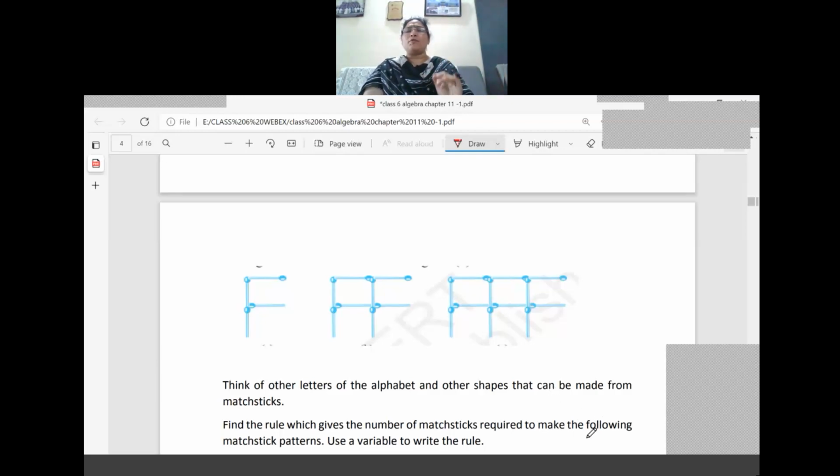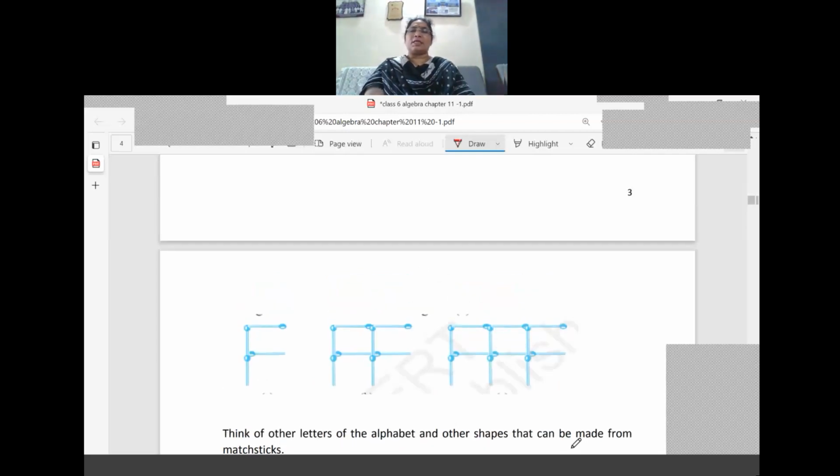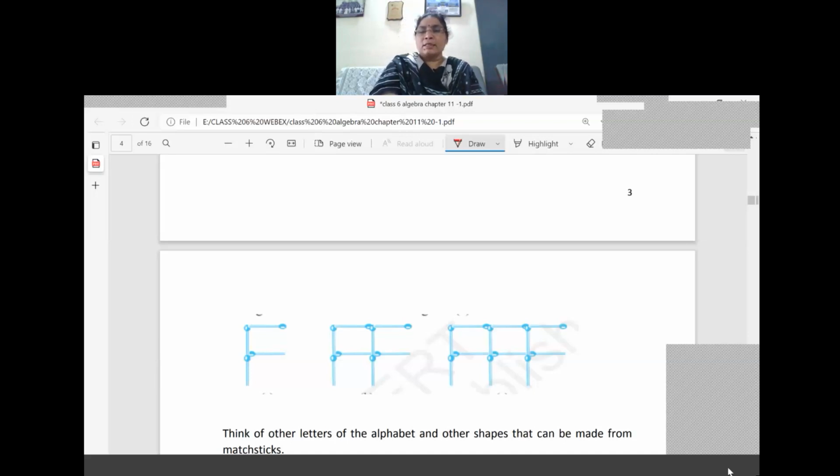That's all. You can form the pattern based on the numbers. In the first case it is 4, in the second case you got 8, then it is 12, like that it is going on. So the pattern will be 4n. If anybody is not interested in n, they can use 4b, where b denotes the number of F's.